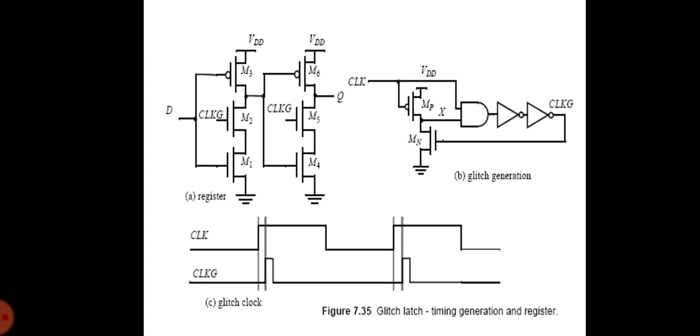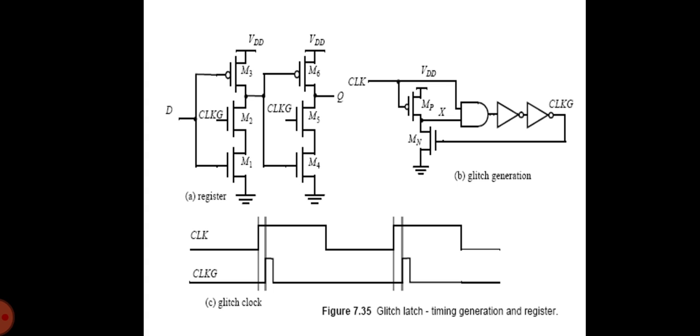Another version of the pulse register is shown and is used in the AMD K6 processor. When the clock is low, M3 and M6 are off and the device P1 is turned on. The node X is pre-charged to VDD and the output node Q is decoupled from X and is held at the previous state. Clock D bar is the delay inverted version of the clock.